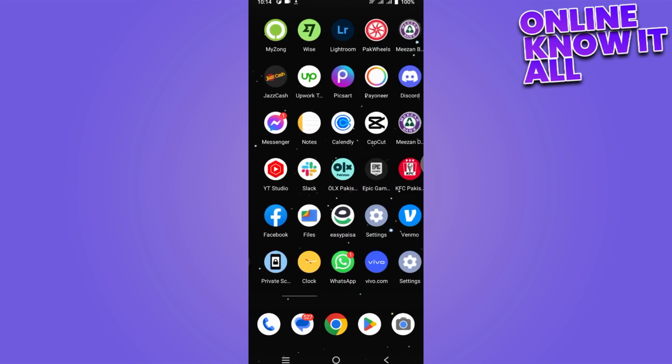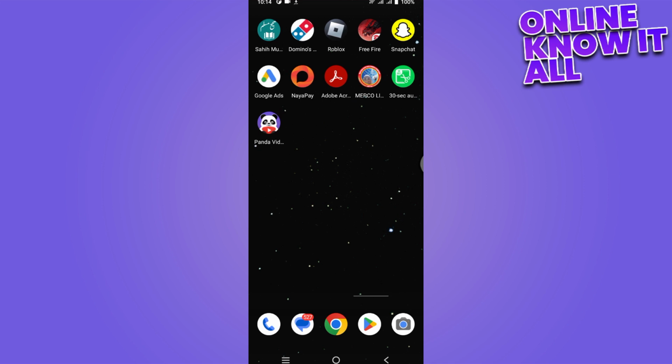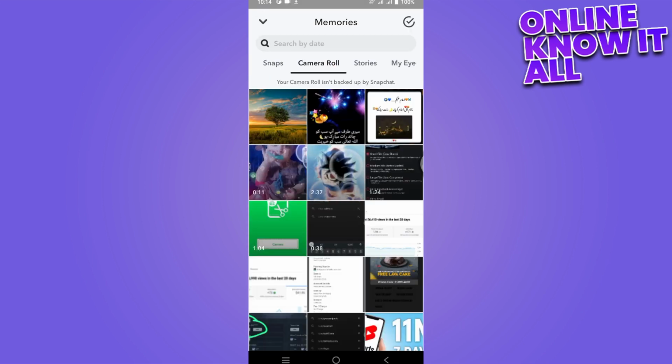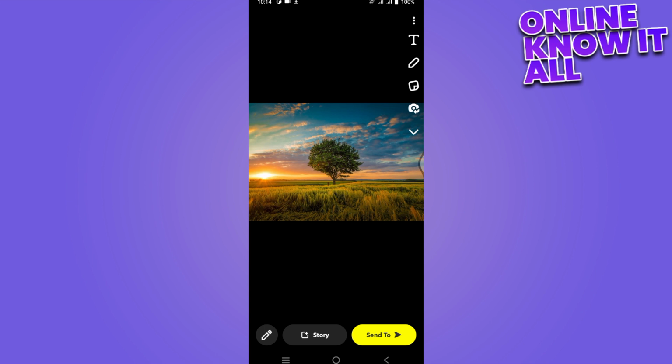So first of all, you have to open your Snapchat application. Once you are there, you have to go for your camera roll on the left side. Click on that and simply go for camera roll. Select that particular picture. Once you are here, you have to go for the edit button, which is this arrow button on the top right,